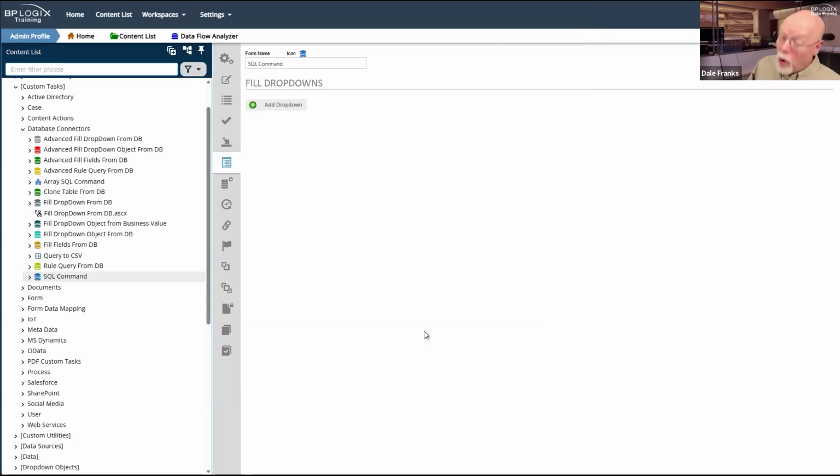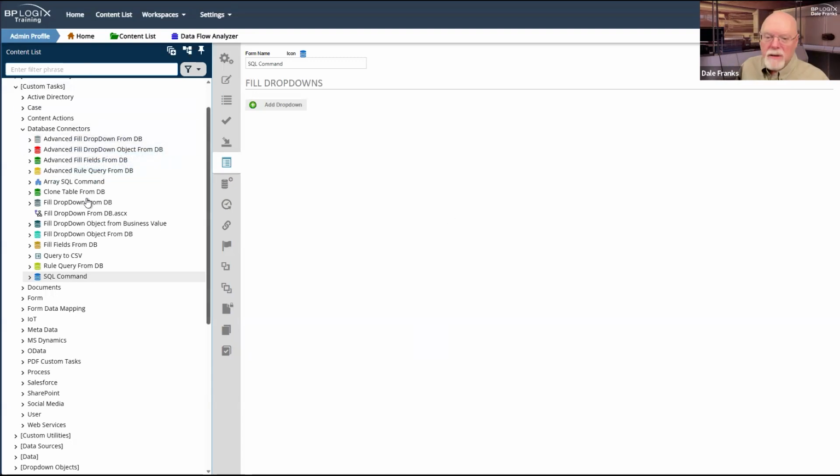Now, could you put a delete command in a business value? Yes, because like I said, we're just going to take the SQL you give us and we're going to send it off to SQL Server. We really don't care what it is you tell us to do, or what command you tell us to send to SQL Server. We, your humble and obedient servants, will in fact tell SQL Server to do anything that you tell us to tell it to do. And you don't want to tell us to do certain things unless you explicitly intend for that data to be deleted.